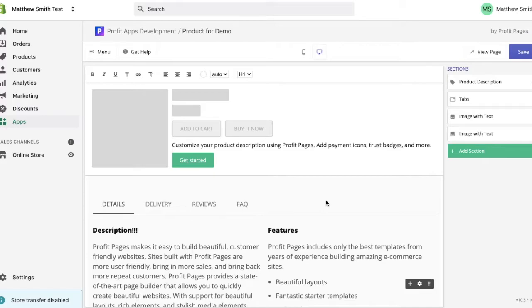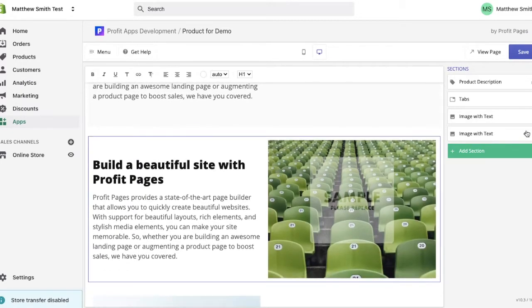This time I'm going to take you through a quick tour of the user interface for the Profit Pages editor. This is the main spot where you'll make all your changes to content. The editor is really broken up into two sections. You have your page sections on the right here. As you can see, you have your product description, your tabs, and two images with text sections. You can view any of these sections at any time by hovering over this little eye icon, and that'll take